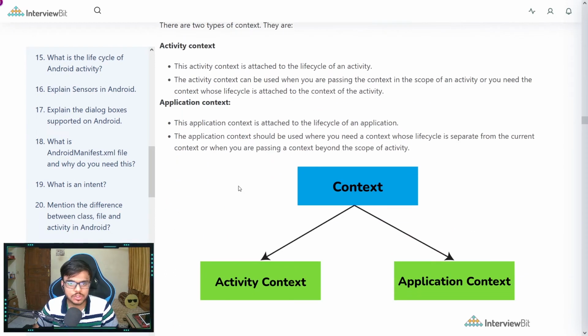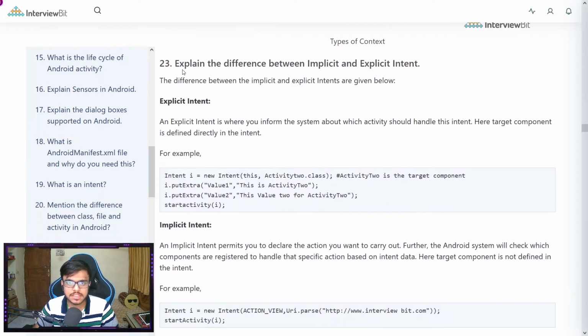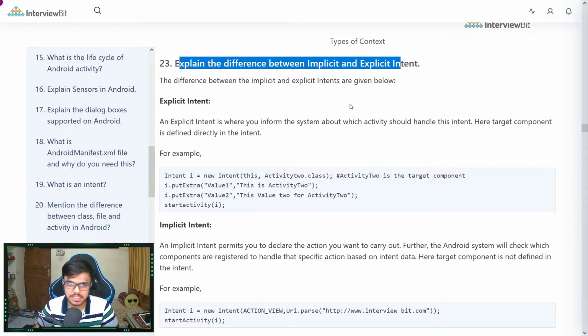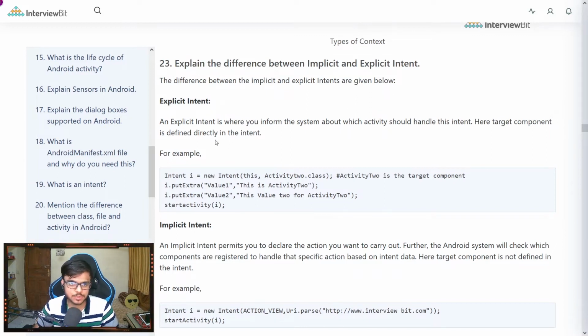Before moving on to the next question, I want to take one more question, that is, explain the difference between implicit and explicit intent. The difference is as follows. An explicit intent is one where you inform the system about which activity should handle this intent. So it is basically for the activity, right? Here the target component is directly defined in the particular intent. The code snippet is like we instantiate an intent with the activity that is the target, and we put any extras that need to be added in that particular intent,